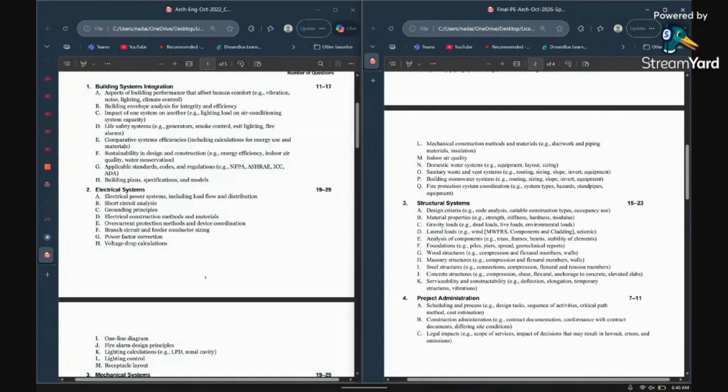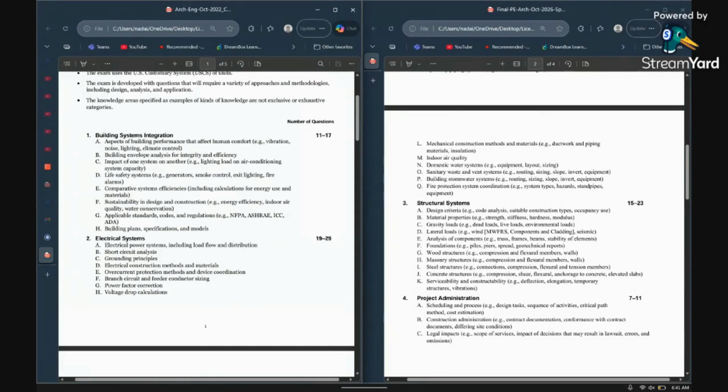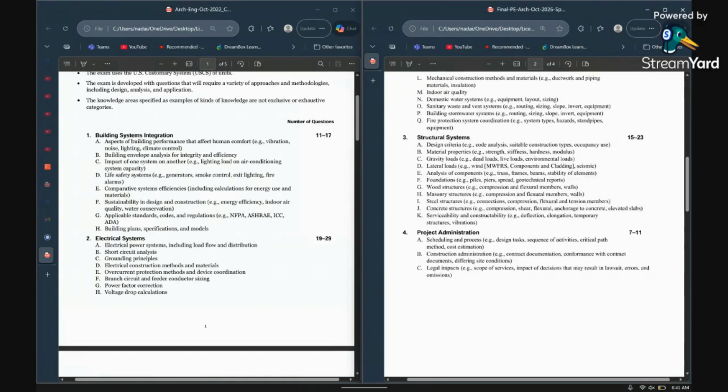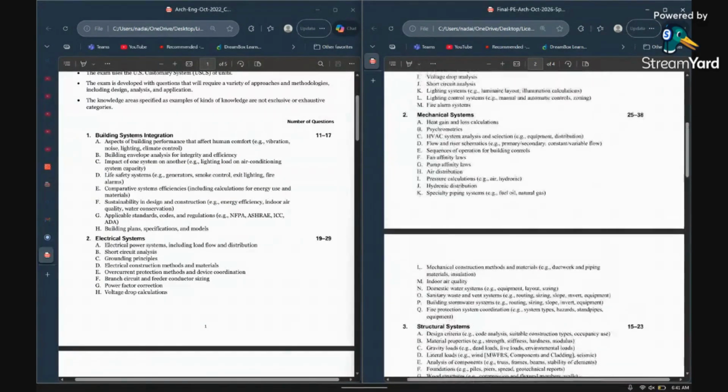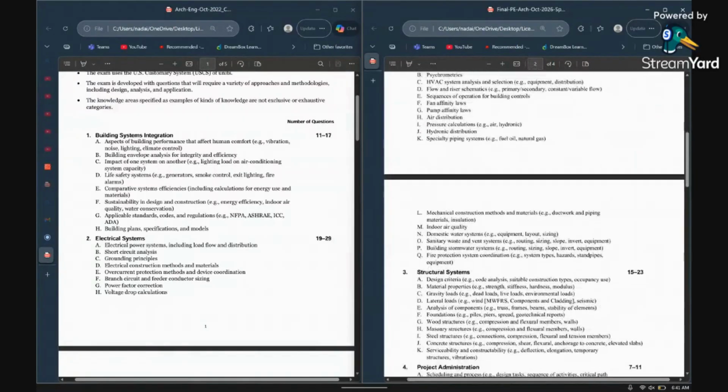systems efficiencies, and that would be in an area like how much concrete would you use to, say, build this slab? Is slab A a more economical choice than slab B? Is this structural steel section a more economical option for the owner, or is this WT 10 by 35 or whatever it is? So, like I said, I believe that most of the items in building systems integration have been subsumed into the electrical, mechanical, and structural systems.